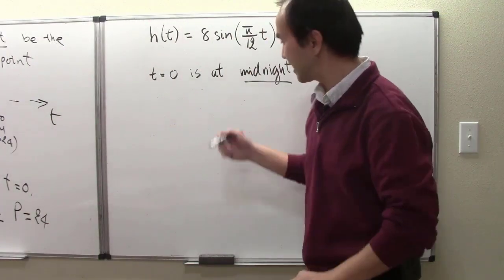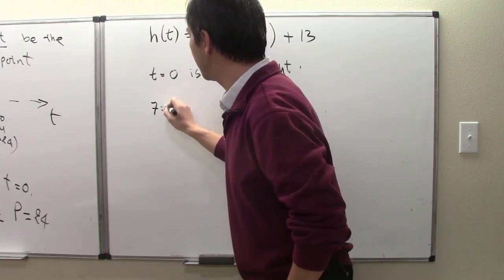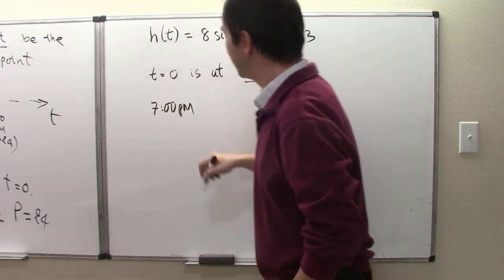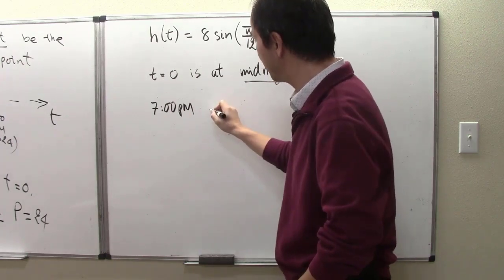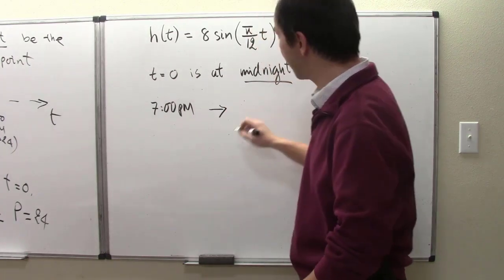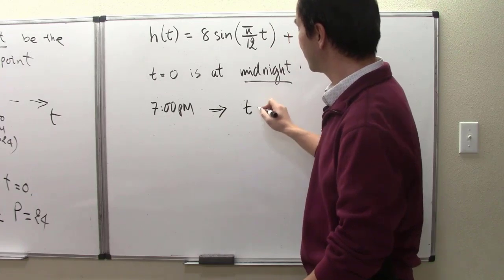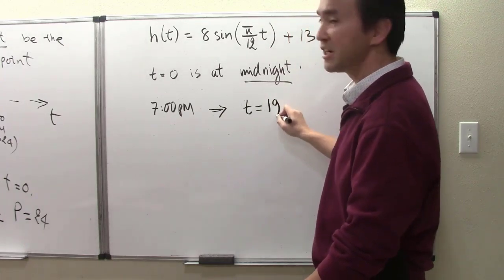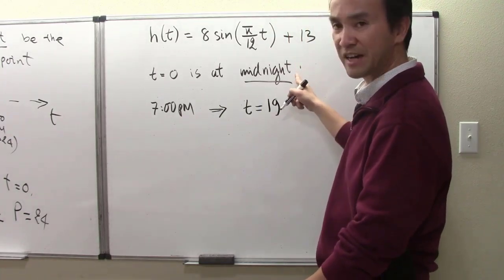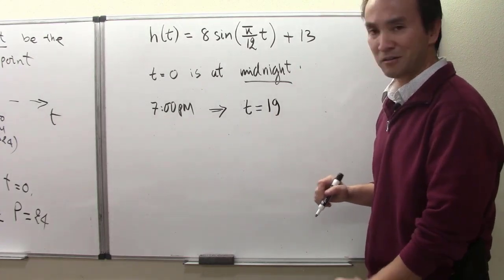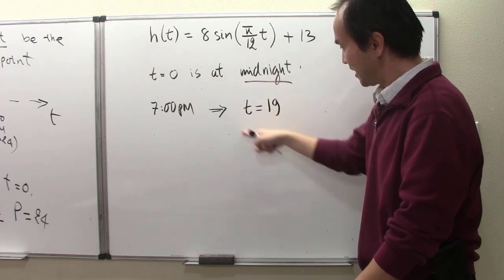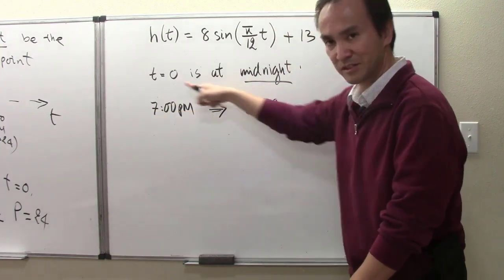My point now is that 7 p.m., according to that chart, according to how we set our starting point at midnight, leads to the understanding that time equals 19 hours after that starting point, midnight, right? And so now, once we have understood properly that time point 7 p.m. to be t equals 19,